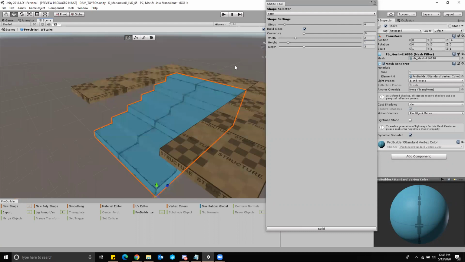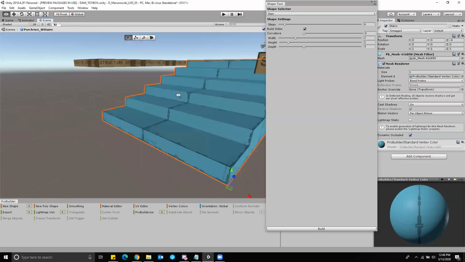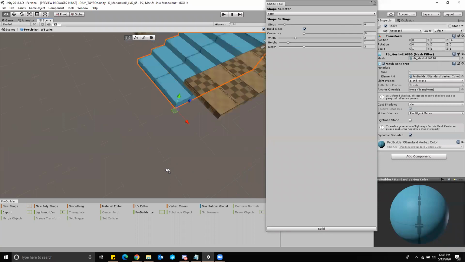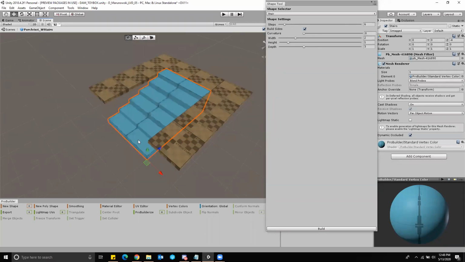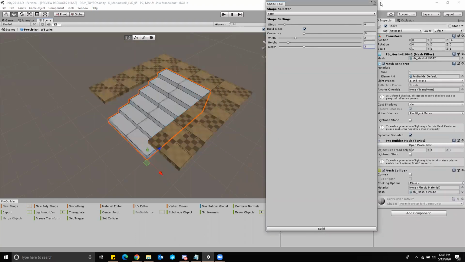And I'm not sure if this is the right amount of steps. It's not going to matter for the way that I'm going to handle this. But I might want to make it as thick as one of these boards, or maybe as thick as 2. 2's probably fine. Let's go with that. I'm just going to keep it in this general area. So let's go build. Here's my steps